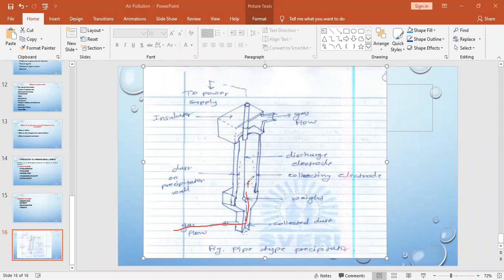Because these are now positive ions, they start attracting towards the oppositely charged electrode, and the oppositely charged electrode is nothing but the collecting electrode, that is